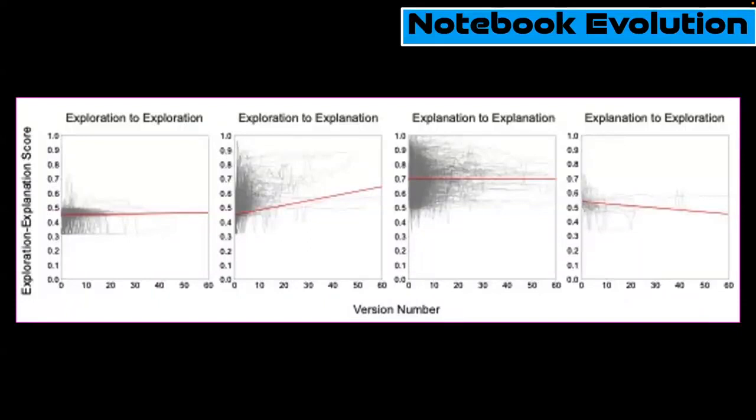Here are our notebook groups. The red lines indicate the general trend of EE scores within each group. We found that a variety of shifts along the exploratory explanatory spectrum were previously unobserved, actually. For example, we observed shifts away from explanation towards exploration. We speculate that this behavior demonstrates the beginning of a new sense-making iteration. Second, some notebooks have yet to reach the explanatory stage, or may never will. We believe that this suggests that authors are content to keep certain analysis exploratory.